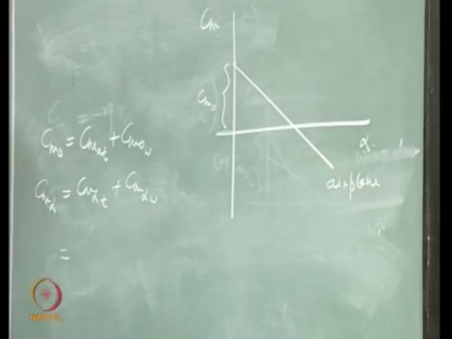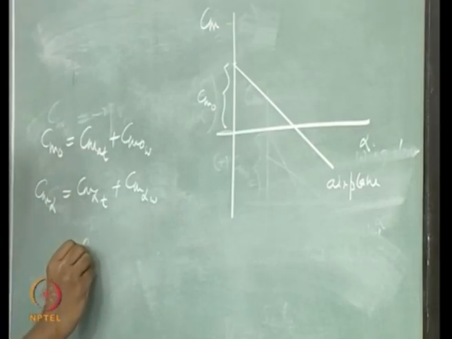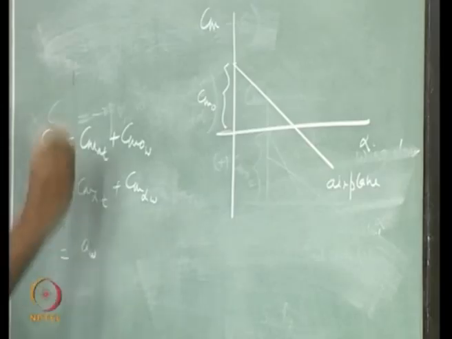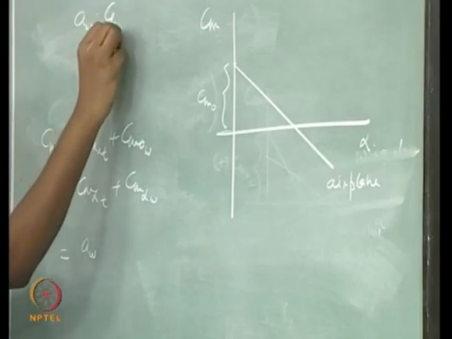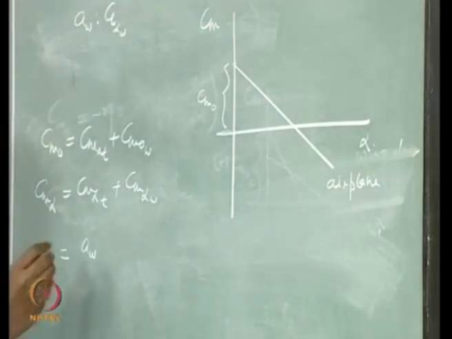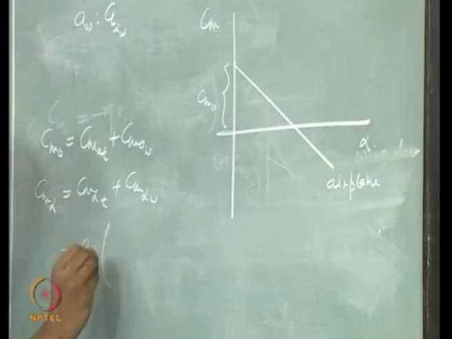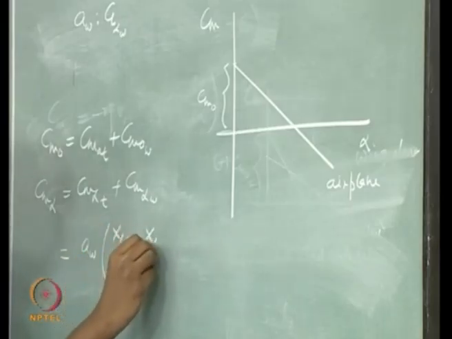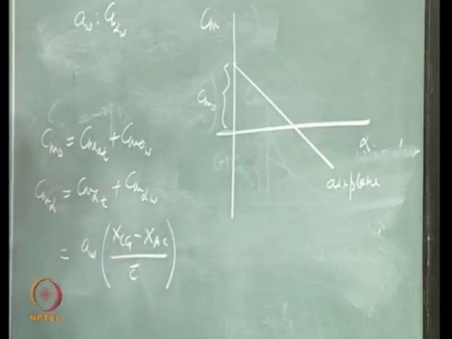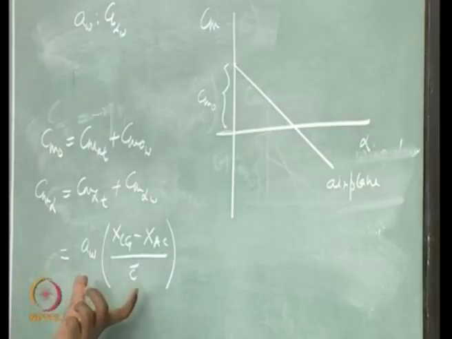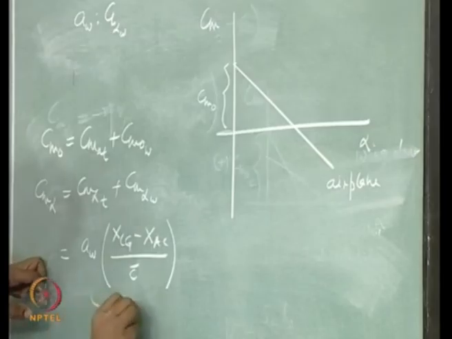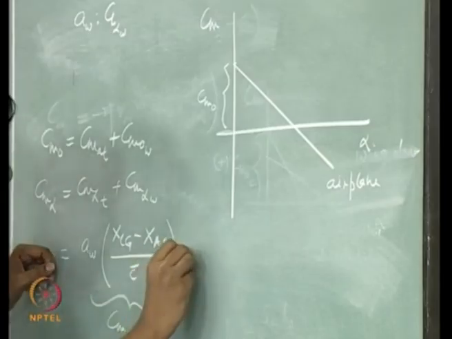If I want to write the expression for this, what is C_m alpha due to wing is a_W, which is C_L alpha W, okay. This C_m alpha due to wing, okay, plus